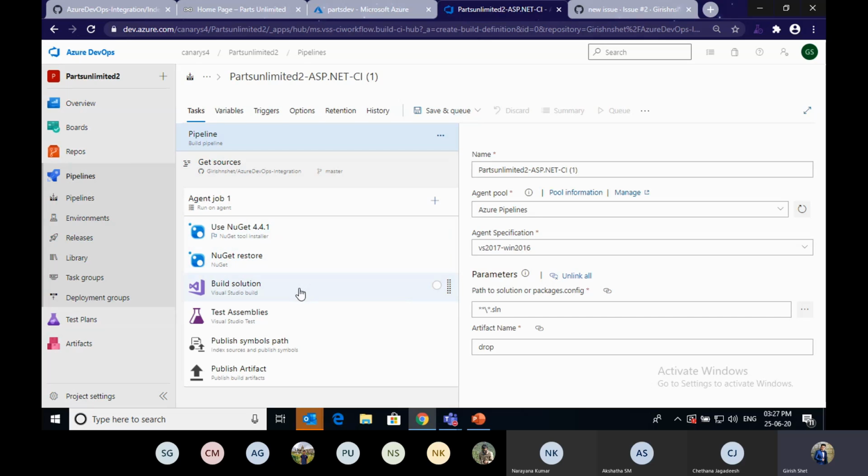Build solution is for compiling your code, and test assembly is for running any unit test cases in your source code.